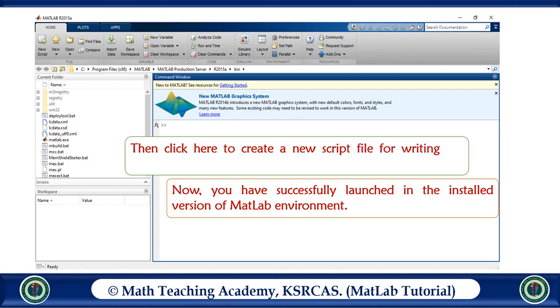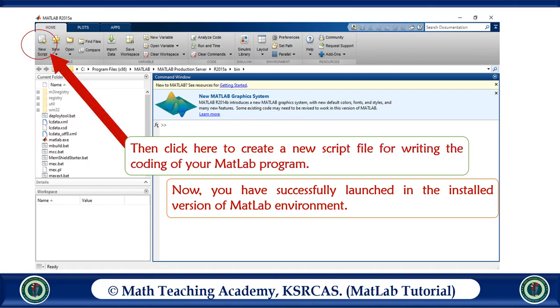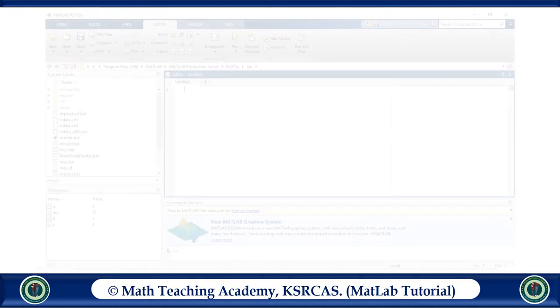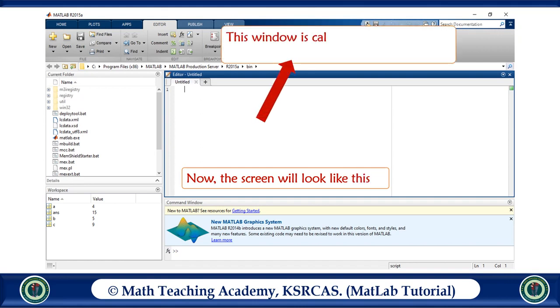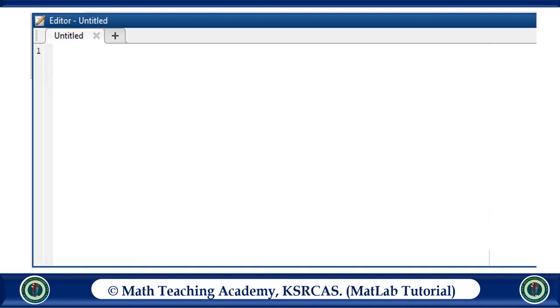Then click here to create a new script file for writing the coding of your MATLAB program. Your screen will look like this. This window is called the MATLAB text editor. Here you can type your coding. Now we are going to type the coding of your program.